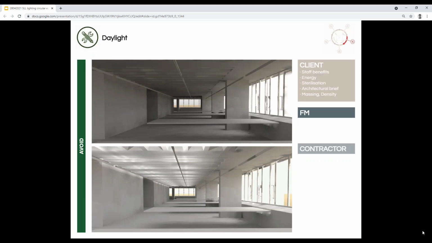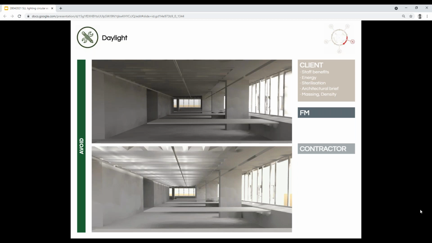And consequently I started with a presentation which I was using to engage with clients and FM and contractors to test the waters to see, these are my thoughts, how does it accord with you? I'll take you quickly through the project cycle and some of the things that bear upon it, and you'll notice that some of them have got absolutely nothing to do with product.